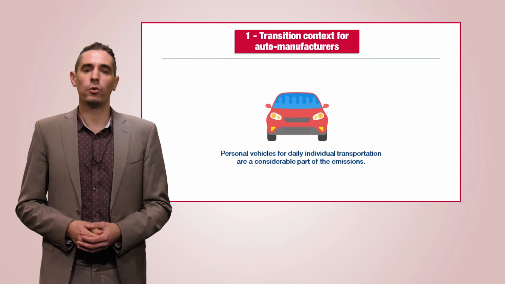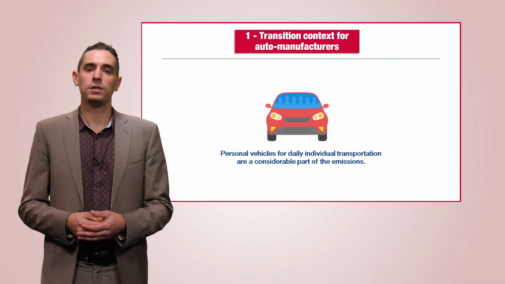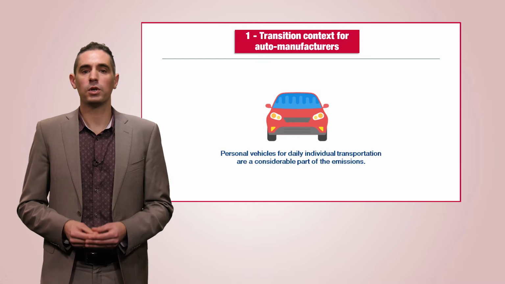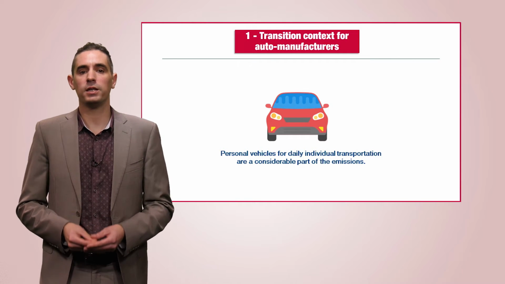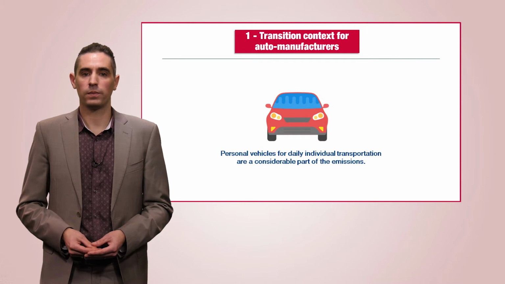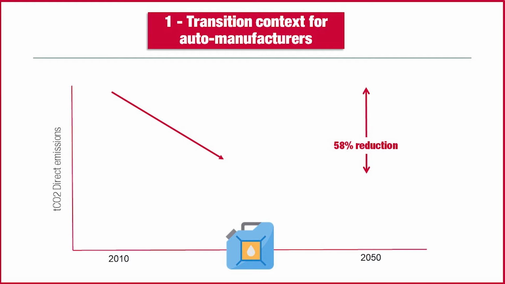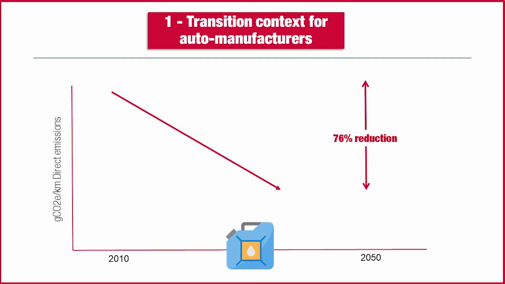A considerable part of the emissions connected to this sector is due to the use of personal vehicles for daily individual transportation. The car constitutes the dominant mode of passenger transport globally, and emissions from the use of light-duty vehicles need to be reduced by 58% between 2010 and 2015, which translates to a reduction of 76% in emission per